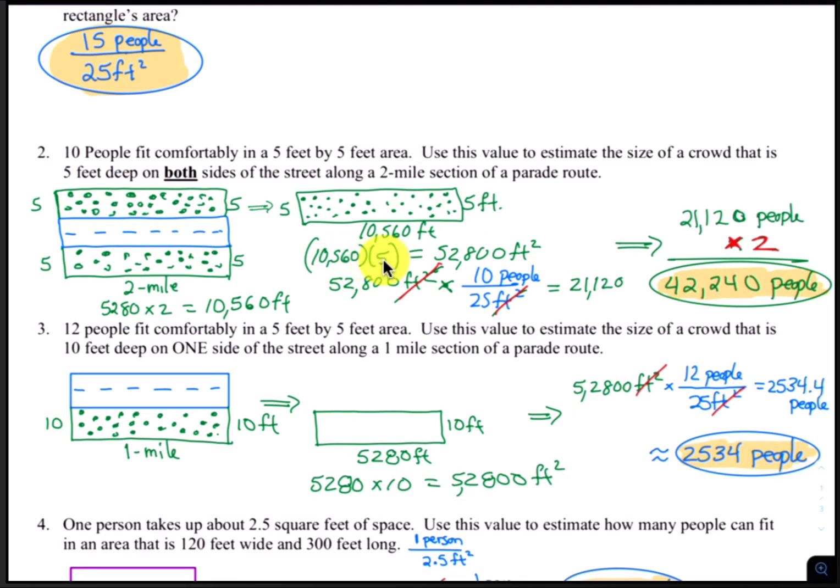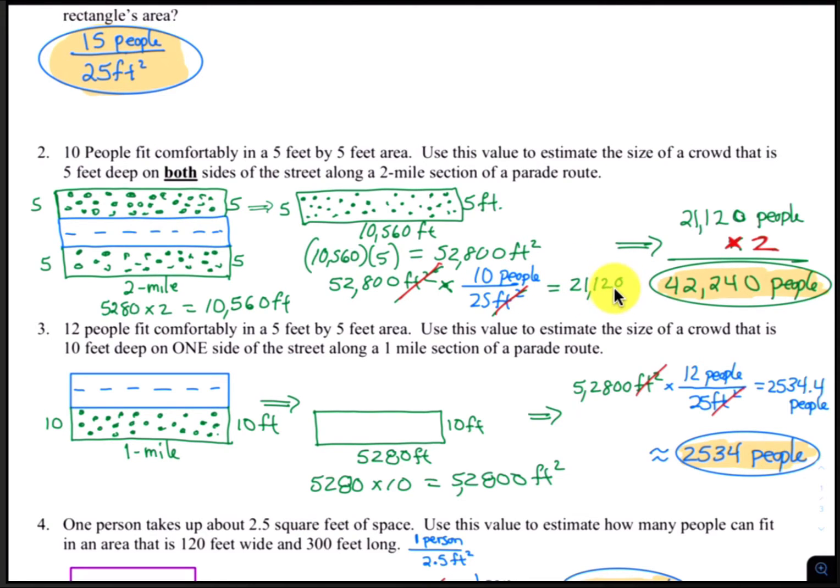So multiplying 10,560 times 5, we get an area of 52,800 square feet. Now we can begin our multiplication. We start with 52,800 square feet, and we know that there are 10 people for every 25 square feet, and then the square feet cancel out. And then you simply multiply 52,800 times 10, and then divide by 25. And you can put that in the calculator all at once, and you'll get